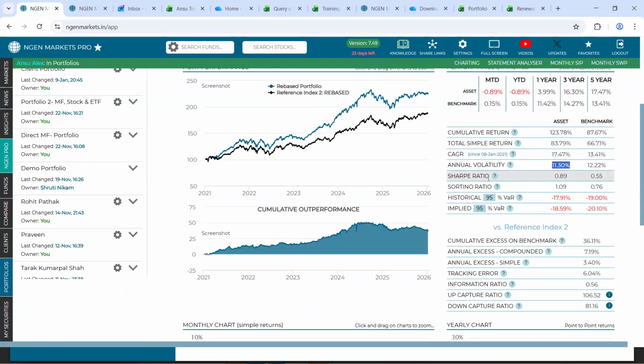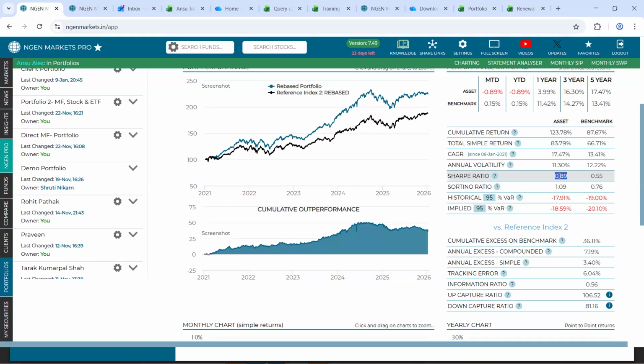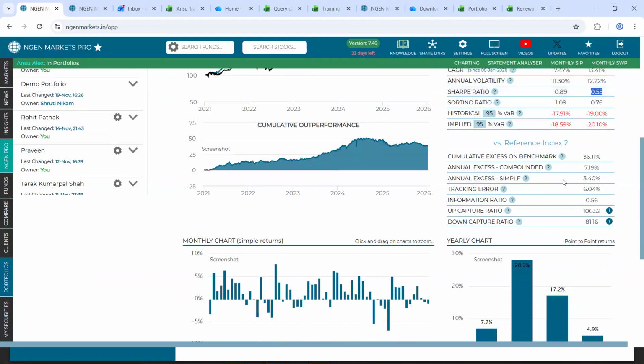And you can also see that in terms of its Sharpe ratio, which is the risk adjusted return, it is indeed higher for our portfolio at 0.89 when compared to the benchmark, which is at 0.55. Following that, you can come across these parameters which we call versus the reference index.